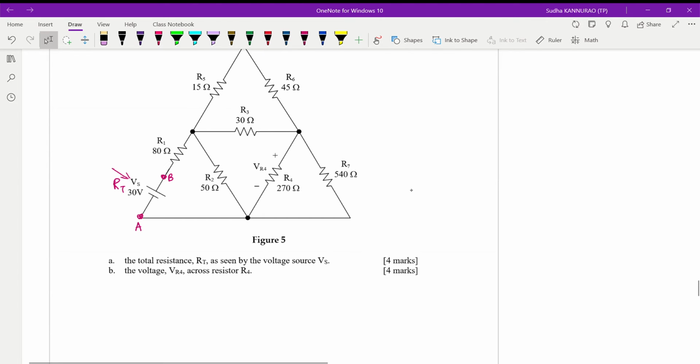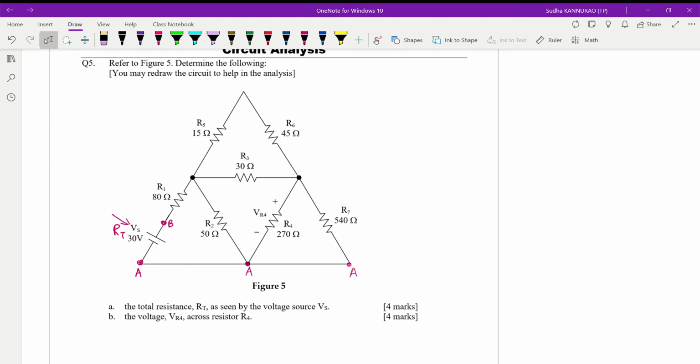Then from here to here, there's no resistor, so this point is also A. This point also A. First step, you label all the different nodes. So AB is done. So let me label this as C and this as D.